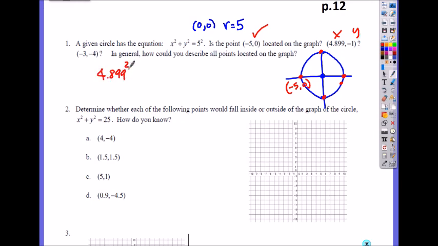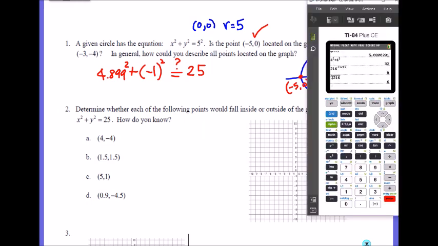4.899 squared plus y, which is -1 squared. Is that equal to 5 squared, which is 25? If it's yes, then it is on the circle. If it's no, then it's not on the circle. Okay? So what do we get? Yeah, I had to plug into the calculator too. So I get